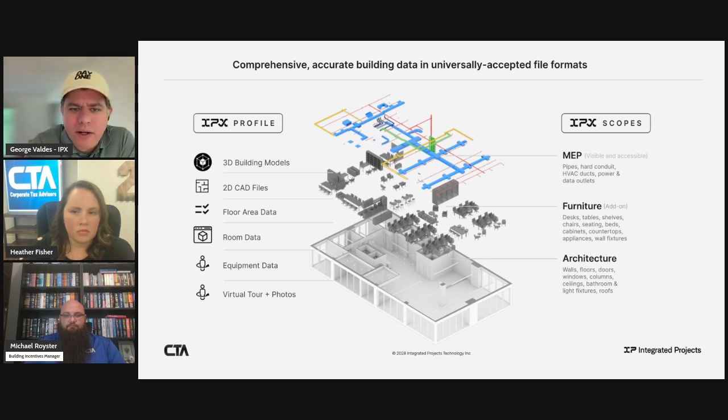One of which is floor area data. We can also provide room level data. We can also do things like simple measurements and takeoffs, as well as, throughout the process, provide virtual tours and aggregate them across the portfolio. We do this at